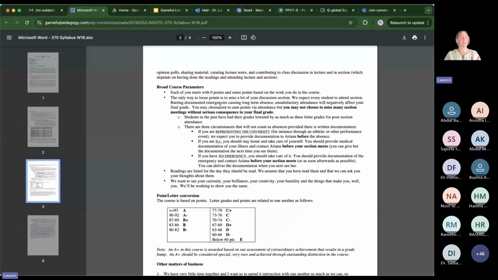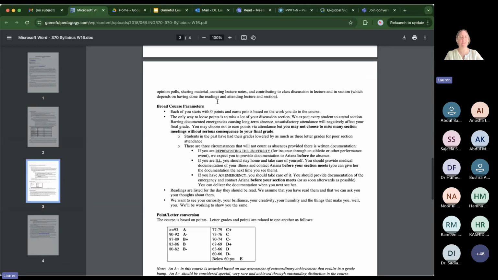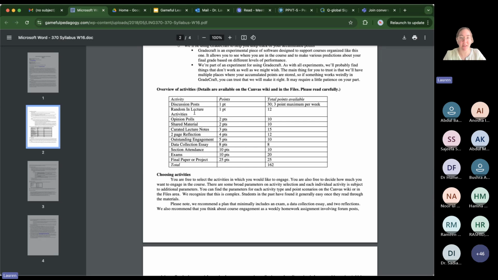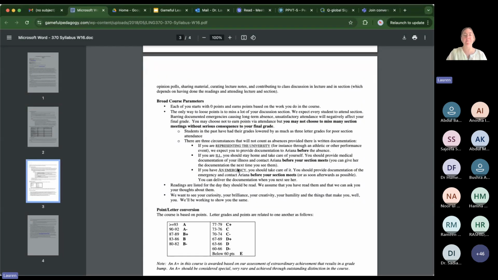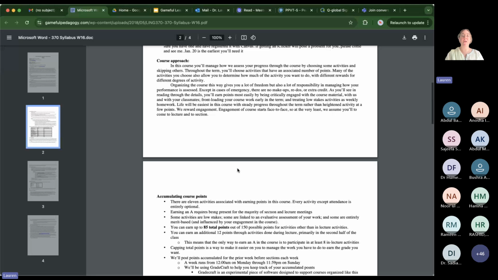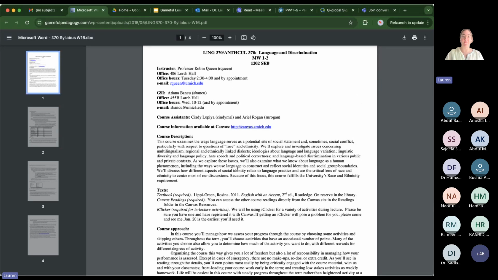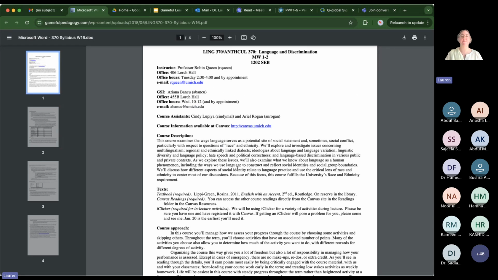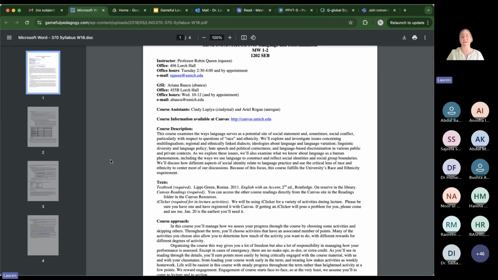Students will have this with them, and as they go through the course, they can continue to look back and say, okay, I see. There's going to be these types of assignments, and I want to do this one, this one, this one, right? Or I know that later in the semester, I'm going to have this thing going on, so I'm going to try to do everything in the first part of the semester, so that the second part of the semester, I'm flexible, I have more free time. Okay, so what are your thoughts on this syllabus? You're going to have positive and negative thoughts.